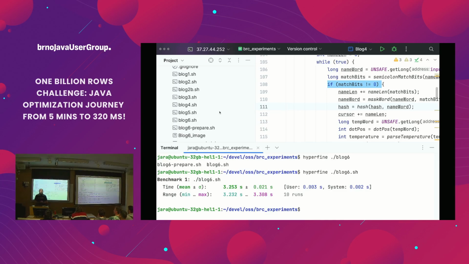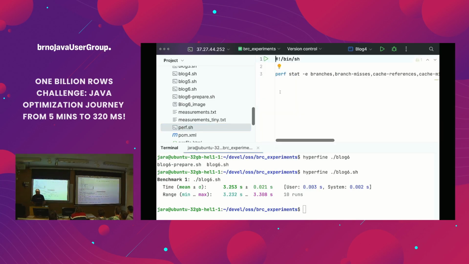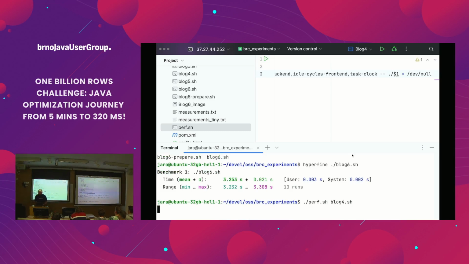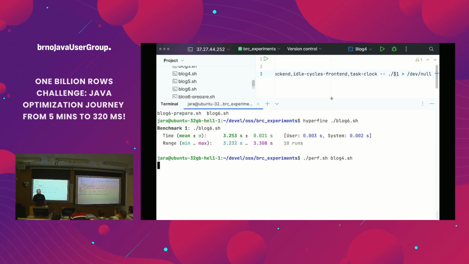Perf is a Linux tool for watching counters in the CPU. The CPU is collecting a lot of statistics exactly about things like branches taken, how many instructions you collected, blah, blah, blah. And what I have here is a little script which will use perf. I said, okay, I want to collect these statistics and I want to run my program. So perf, log 4. It will run it, so it should be 5 seconds. And it will give me some statistics about that.